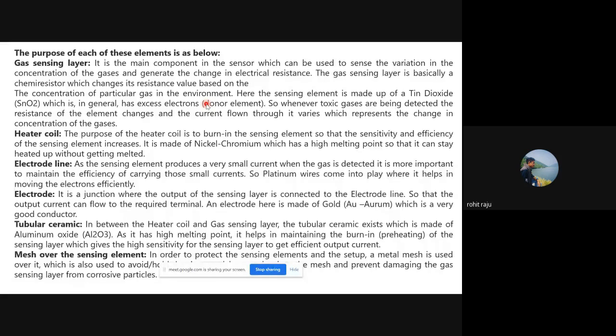They are donor elements. So this tin right here,